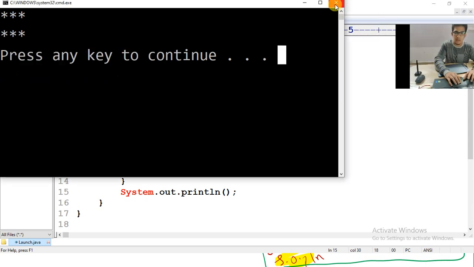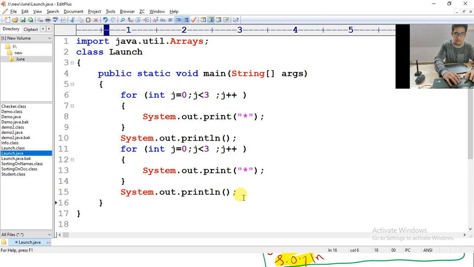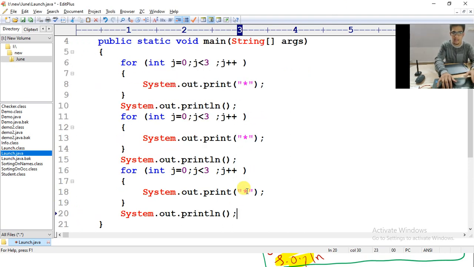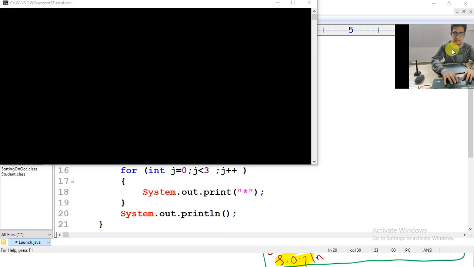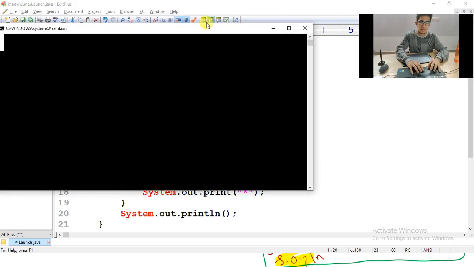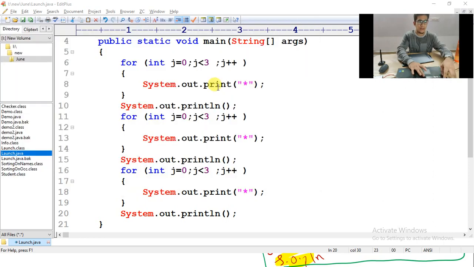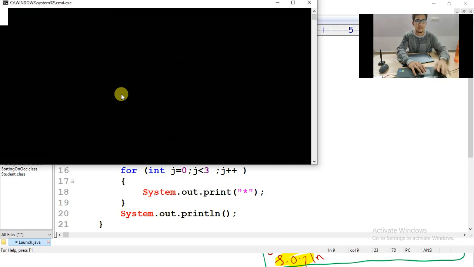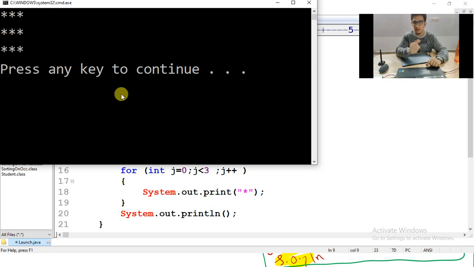What we wanted was 3 stars new line, 3 stars new line, and 3 stars new line again. Let's see. I'll compile and execute, and see, I got the answer.